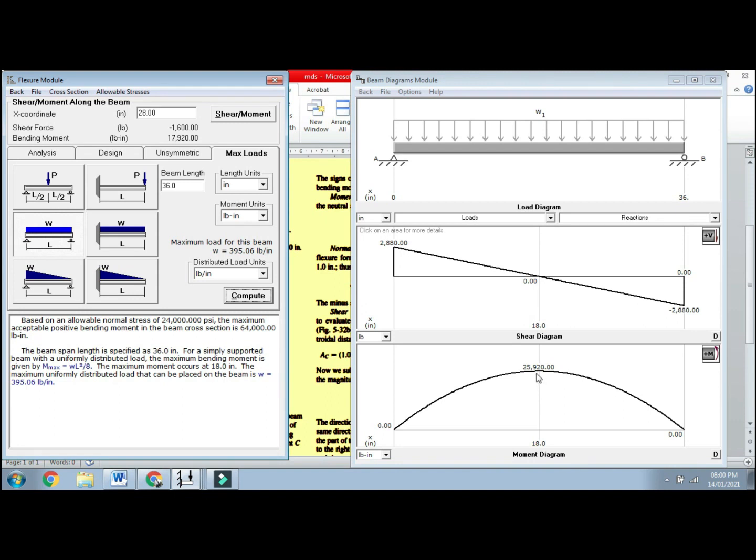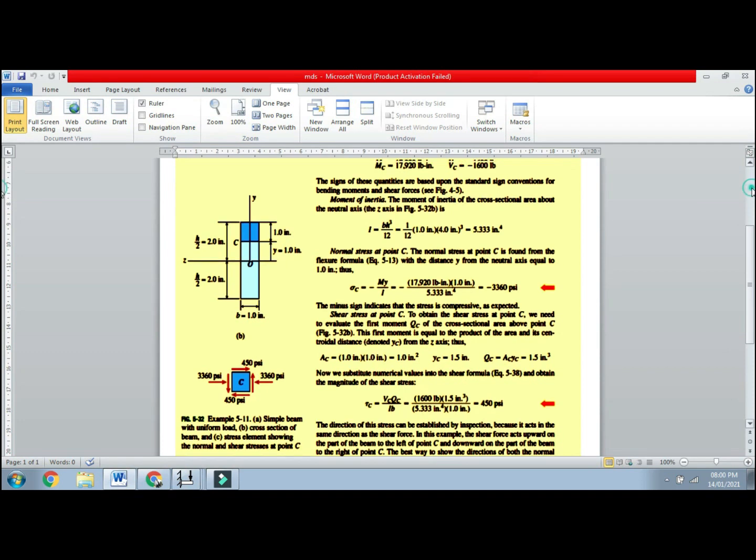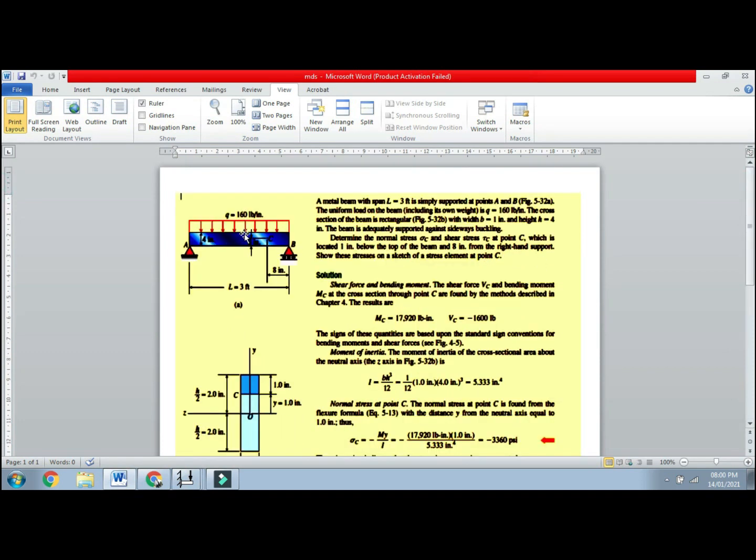ये तो इसका कह रहा है. सो इसकी बेसिस के ऊपर ये 18 इंच के ऊपर मैक्सिमम ये हमारा ये एड कर रहा है. ठीक है, तो ये कह रहा है the maximum UDL जिसके ऊपर आप कितना कर सकते हैं, that can be placed on the beam is 395.0 pounds per inch. यानी कि according to the given scenario, अगर हम A36 स्टील बीम की बात की है तो हमें बेसिकली 395 यानी कि ये जो है, अगर हमारे पास इतनी नॉलेज आ गई है कि हम इस